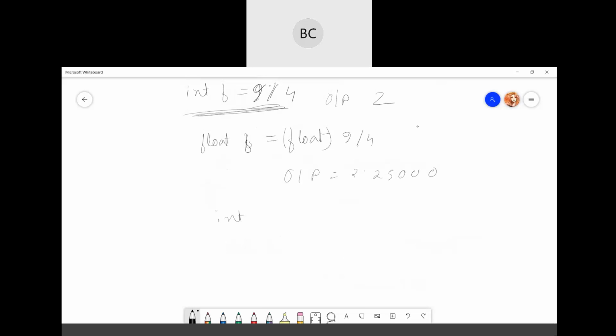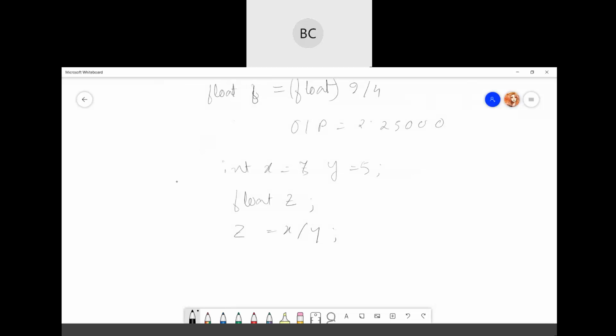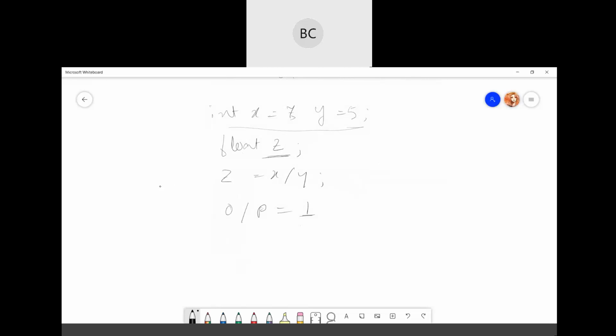If you write int x equal to 7 maybe, then y equal to 5, and we write float z, and z equal to x by y. So if you run this program, then the output will be just 1. Okay, even if you wrote z equal to 1, the output will be simply 1 because your variables x and y are just int values. Now if you want a float value, you have to explicitly mention it, right?